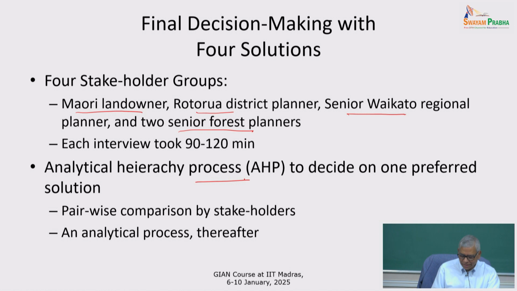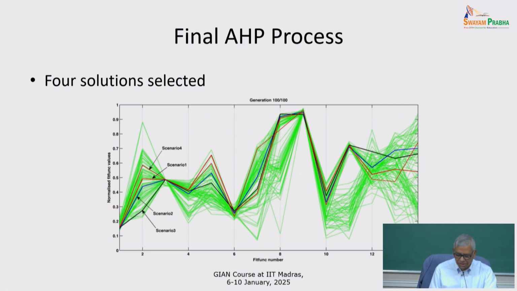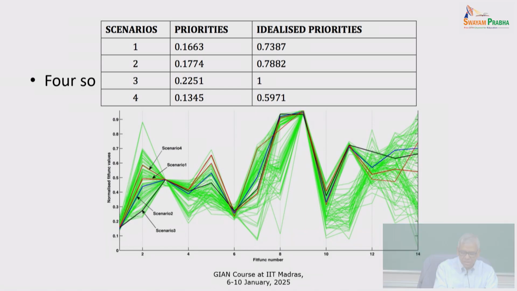Then we applied the analytical hierarchy process (spelling error), okay, and then we came up with this result. So these are the 4 options we had, and these are the values. This is the highest one. Here we normalized with respect to the highest one. So this is the winner, the third one, which is this solution, the black one over here. You see, slightly different from the other, and that was the winner, and at that point they cannot say anything. Okay, if they say, then we have to start all over again.